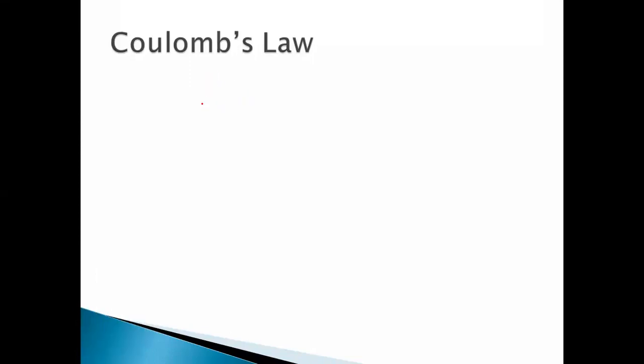First, we'll see. For this, consider the different charges. We know that there are a number of charges, so we consider here two charges. First is charge Q1 and second is charge Q2. When we place these two charges at some distance r, suppose these two charges q1 and q2 are placed at a distance of r, then what does Coulomb's law state?